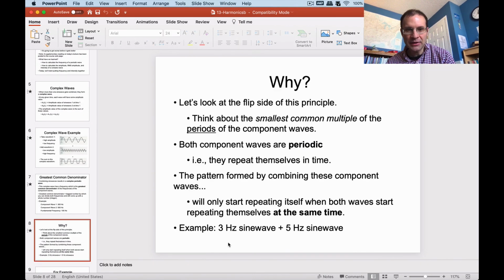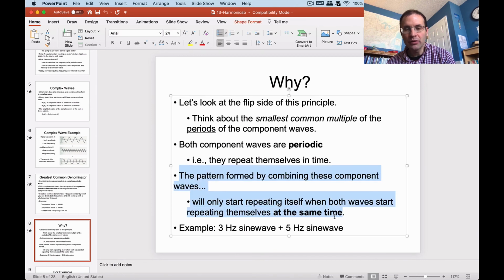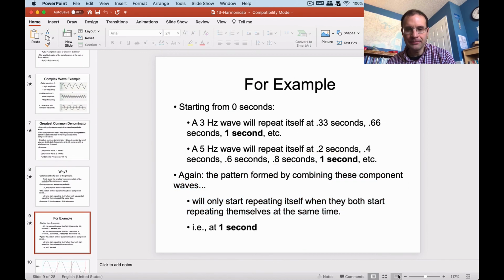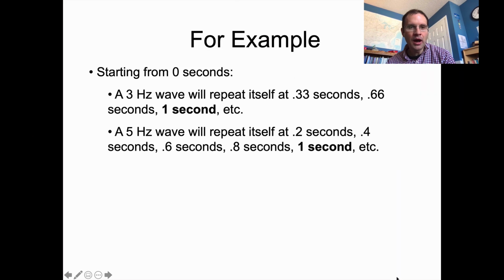Okay, so this is happening because of this principle. The pattern formed by combining the component waves will only start repeating itself when both waves start repeating themselves at the same time. So what's happening here? Starting from 0 seconds, a 3 hertz wave is going to repeat itself at 1/3 of a second, or 0.33 seconds, at 2/3 of a second, 0.66 seconds, or 1 second, so on and so forth. A 5 hertz wave, which has a period of 0.2 seconds, will first start repeating itself at 0.2 seconds. Then the next period will be at 0.4, the next at 0.6, the next at 0.8,